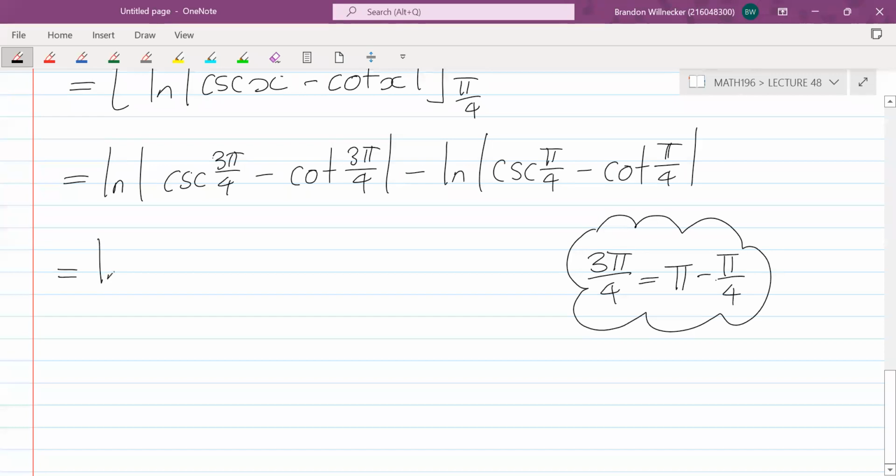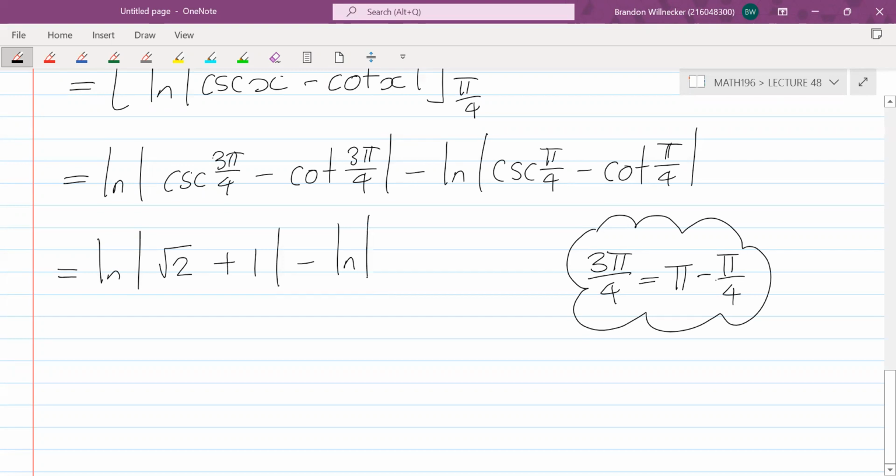Okay, so we have the natural log of cosec of 3 pi over 4. That's going to be root 2 minus cotan of 3 pi over 4. That's going to be minus 1. So we end up with a plus 1